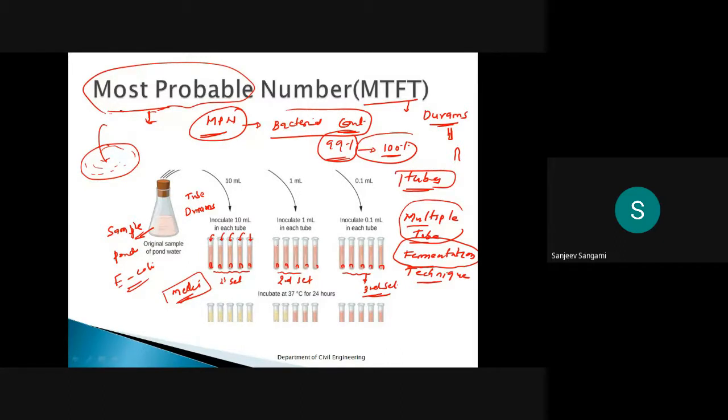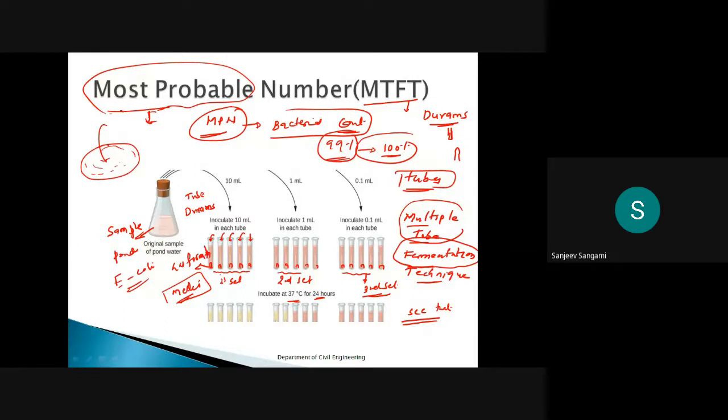Once it is completed, keep it for incubation at 37 degrees for 24 hours. Then check whether gas formation is there in the Durham's tubes which you kept inside.